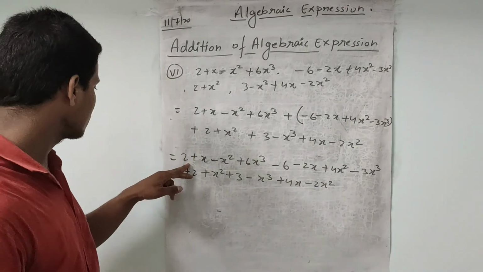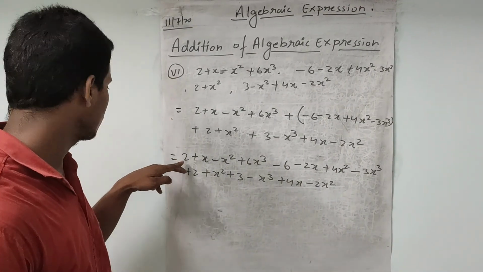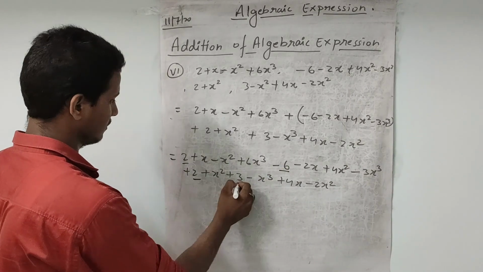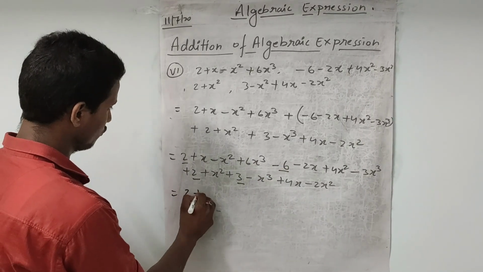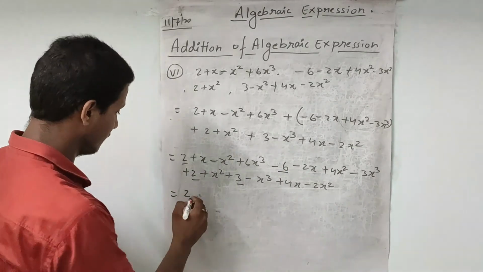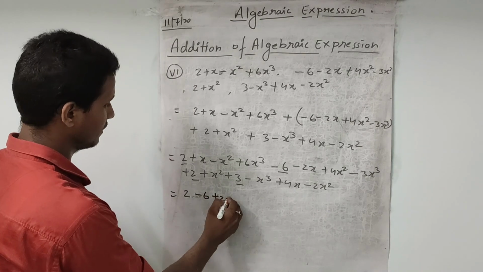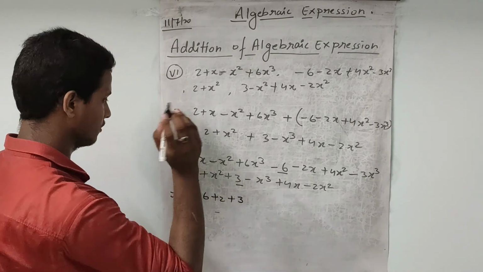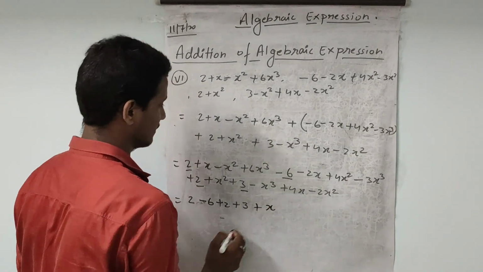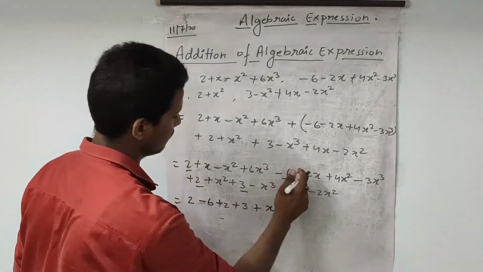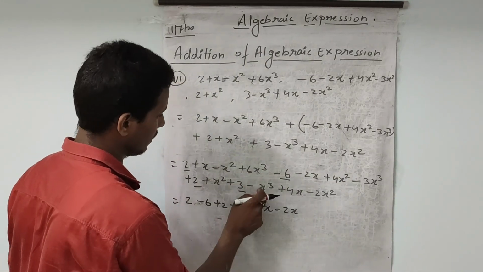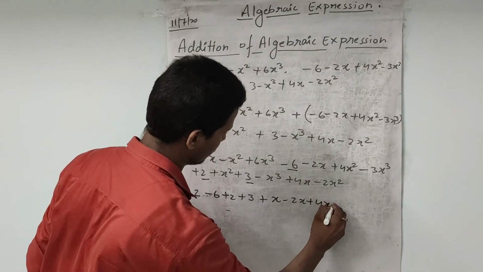First we need to collect the constant terms, because we have the constant term first. So this is one constant term, this is another, and this is another, and this is another. So 2, minus 6, plus 2 and plus 3. Always collect the terms with their sign. Now next we have the x terms, meaning terms having x as a variable. So this one is there, then minus 2x. After that this term doesn't have it, then plus 4x. Okay.